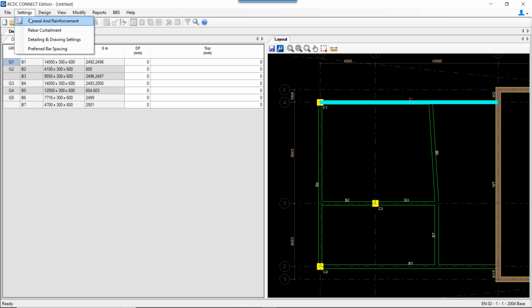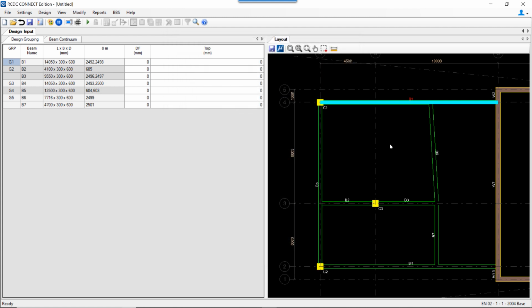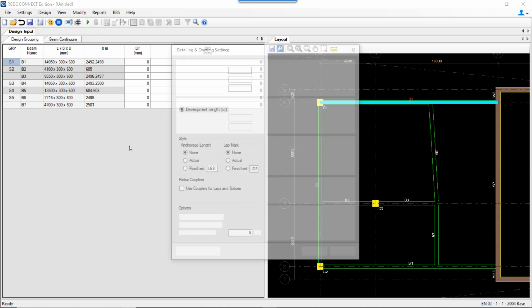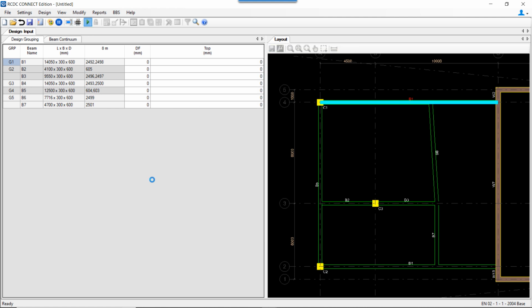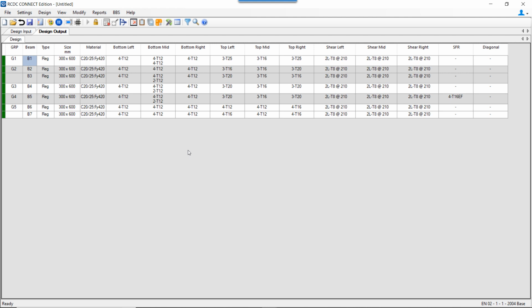So the settings are the same as we have made it on the dashboard page. Over here we can just view all the settings that are made initially. Only the detailing and drawing settings, which are also editable after the auto design process is done, is available to be modified before auto design over here. So we can directly go and auto design all the beams.